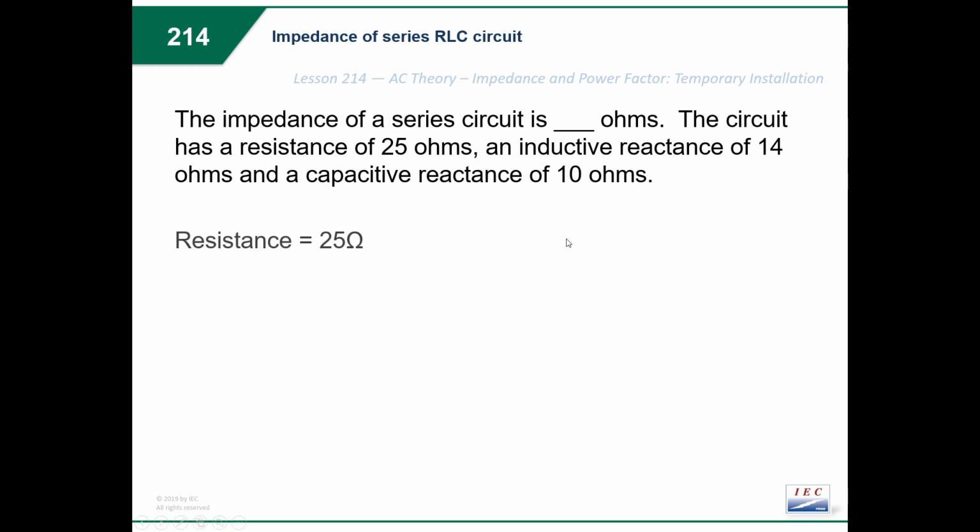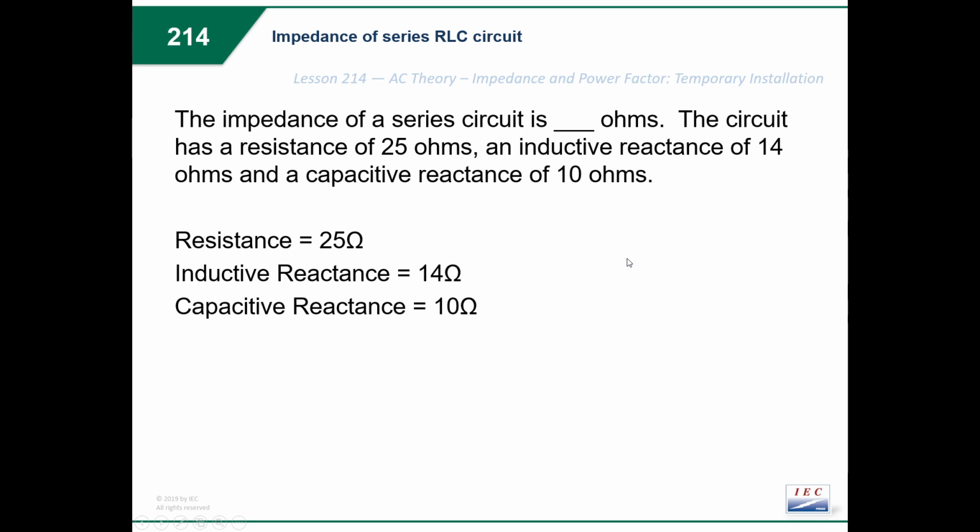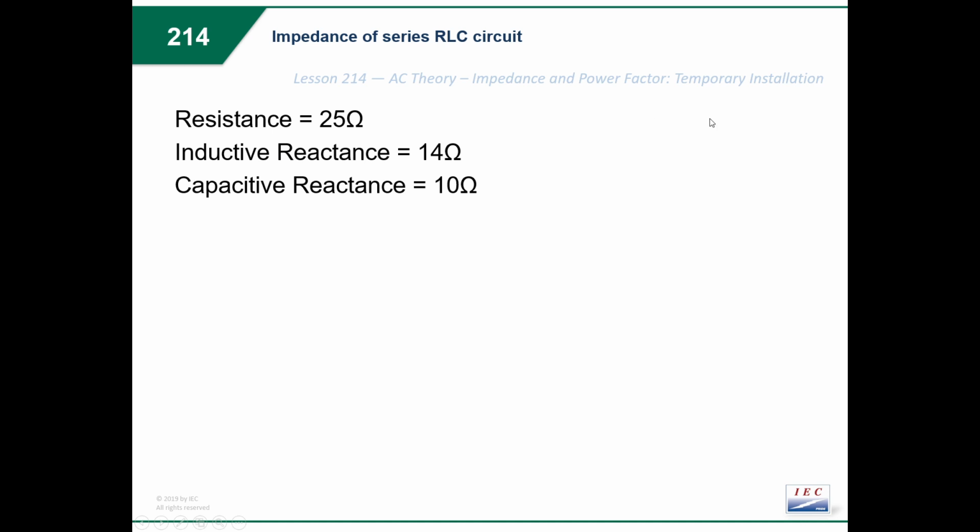So, right away, the first thing, let's pull some key values out of here that I know we're going to need. The first is that it has 25 ohms of resistance, 14 ohms of inductive reactance, 10 ohms of capacitive reactance. So let's just table those values up there. We'll keep them for now. So next thing you need to ask yourself is, what formula are we using? And if you've already read, or when you do read in the text, you'll find that it is this formula here,